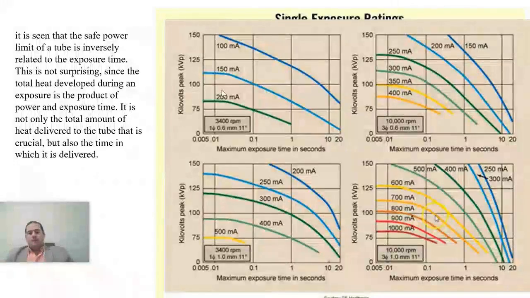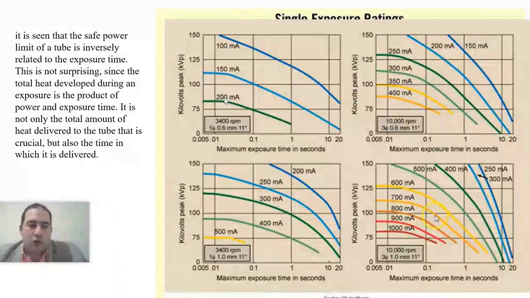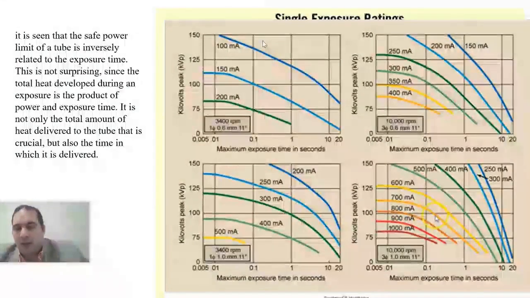The top rating chart is very important. It indicates the maximum milliampere. Each machine comes with its own top rating chart. This top rating chart shows the relationship between the exposure time in seconds and the kilovolt. On this rating chart, there are